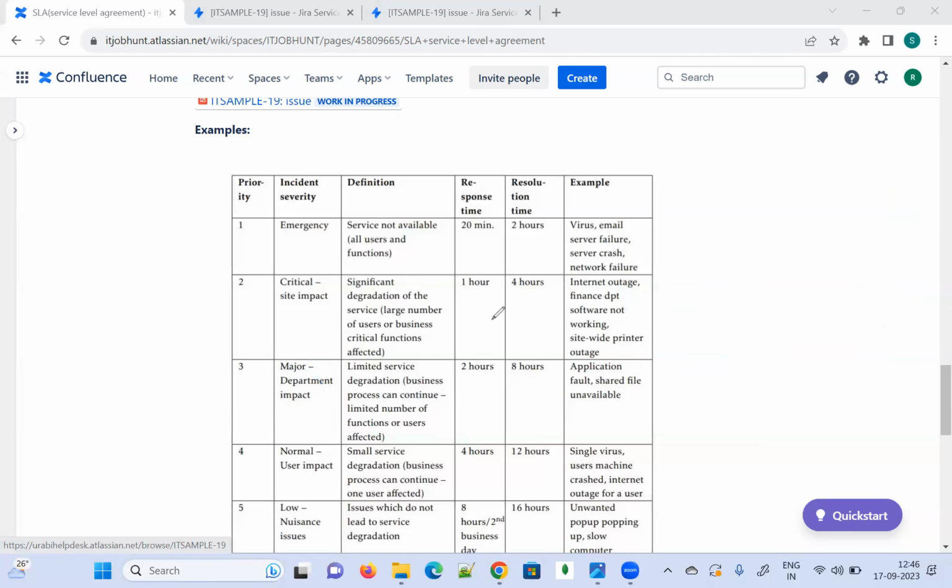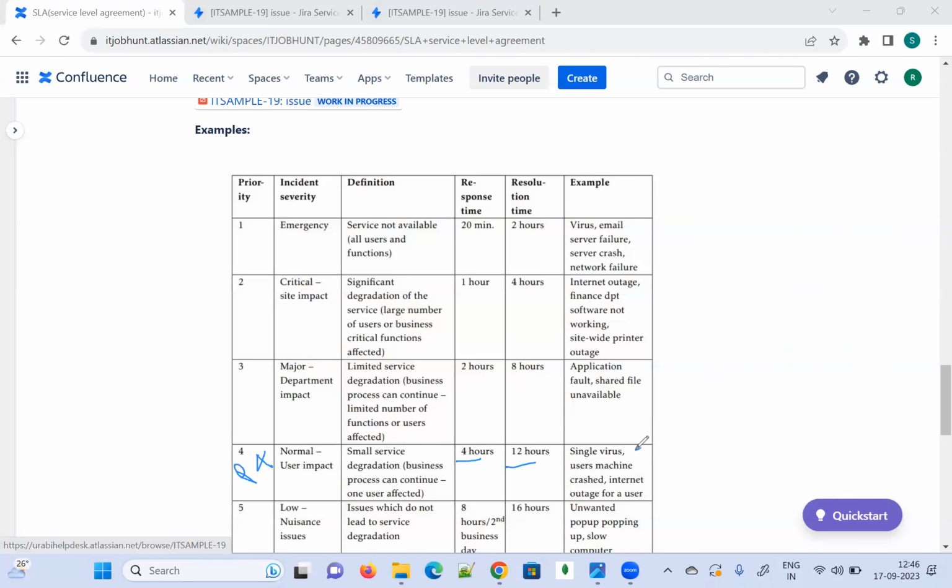Okay, and let me take the P4, guys. P4, when we raise this, is for normal user impact, and the initial response time is 4 hours and the resolution time is 12 hours. Who raises a P4 ticket?